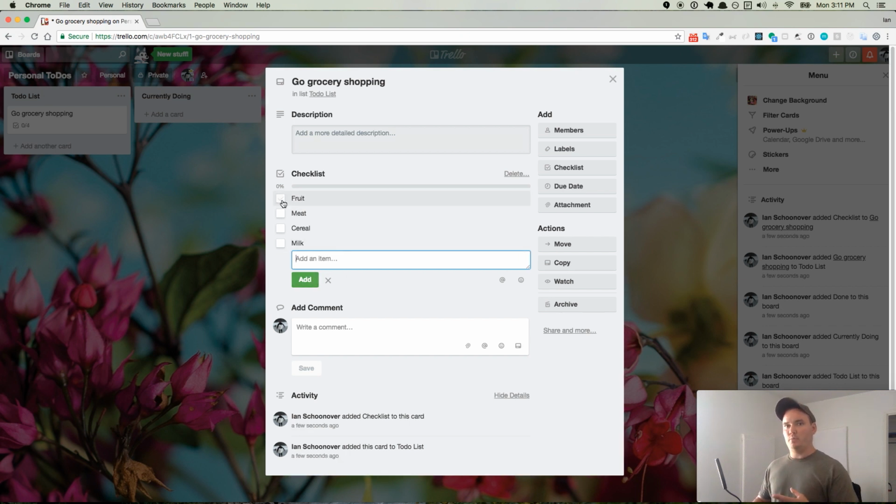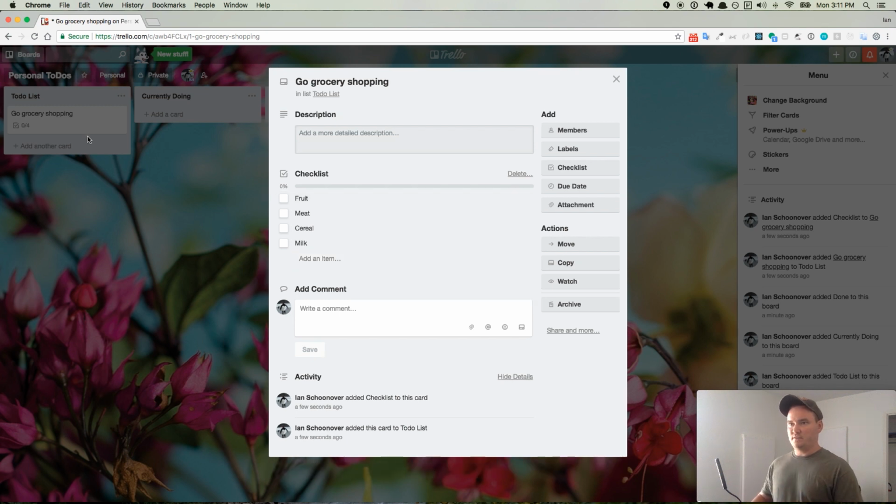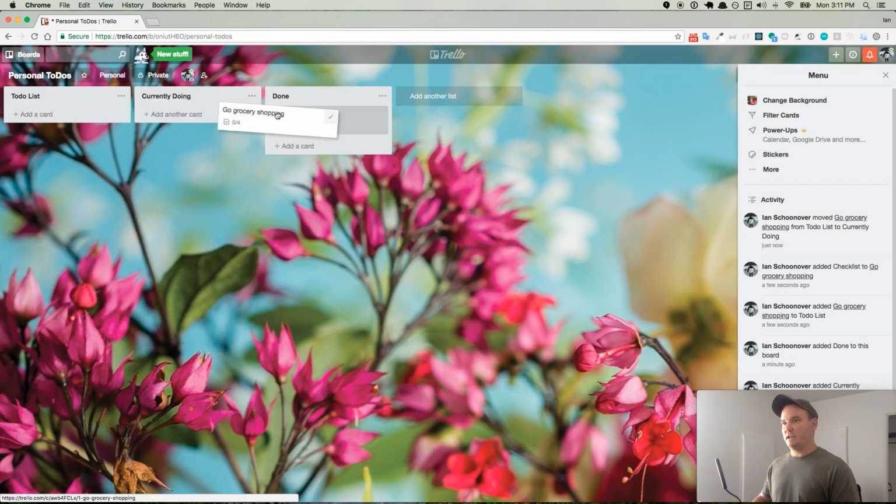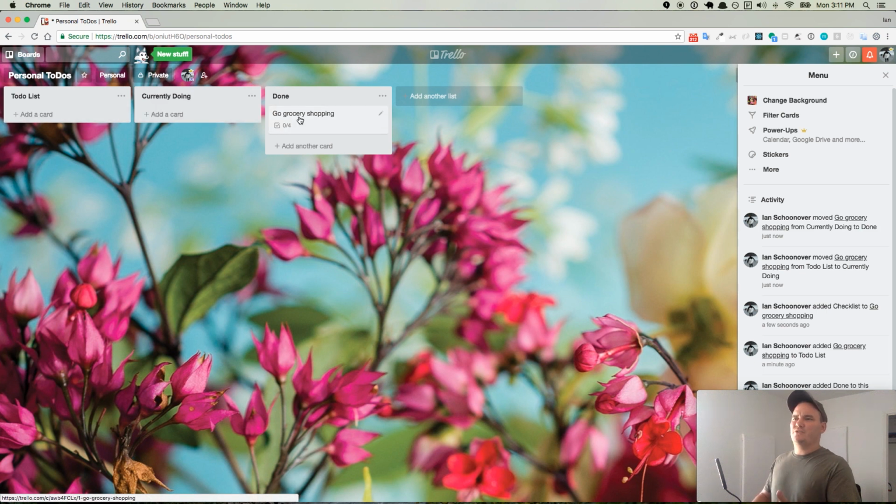So there's a mobile app for Trello, so if you're on Android or iPhone, or I don't know, they probably have it for the other OSs as well, you can download that app and pull it up. It's a really easy, intuitive interface, and boom, you've got your checklist that is on your computer, on your phone, and on your significant other's phone, and you can all coordinate and show each other, okay, I already got the fruit, or I already got the cereal. When you're at the store and working on it, you just put it in done. You really don't even need 3 of these, but it could be helpful depending on your workflow for stuff like that. So that's just a simple example of grocery shopping,